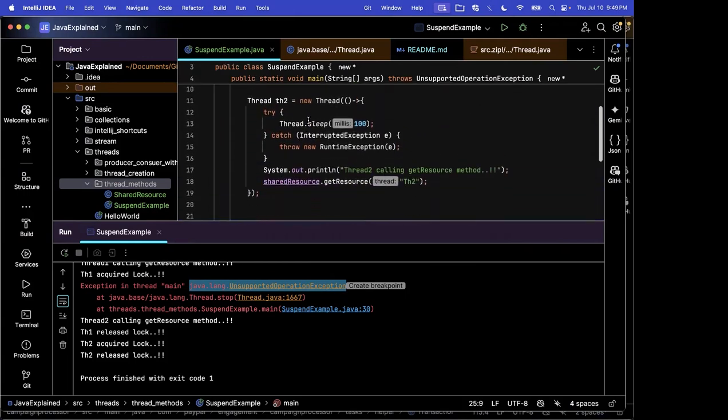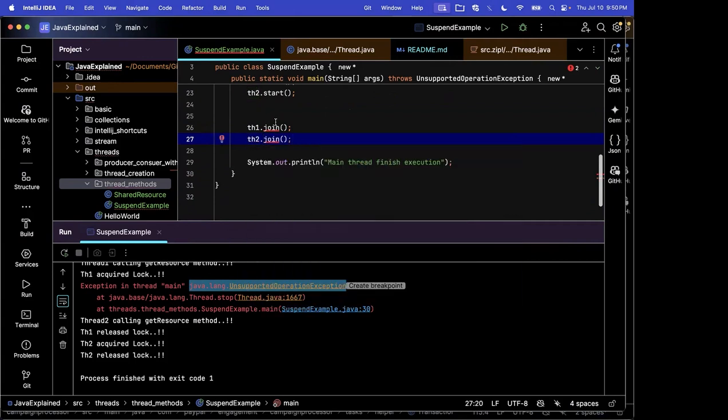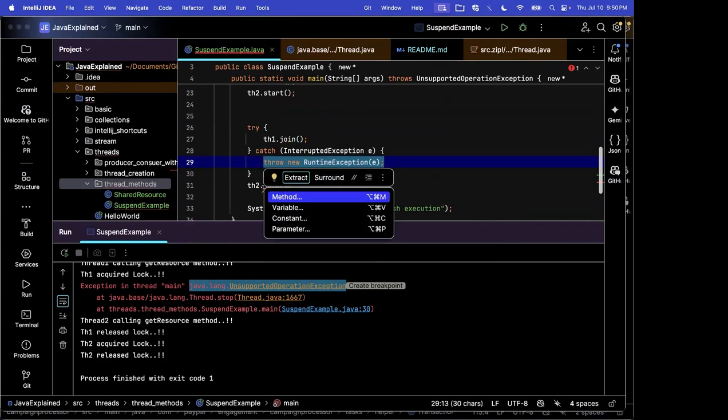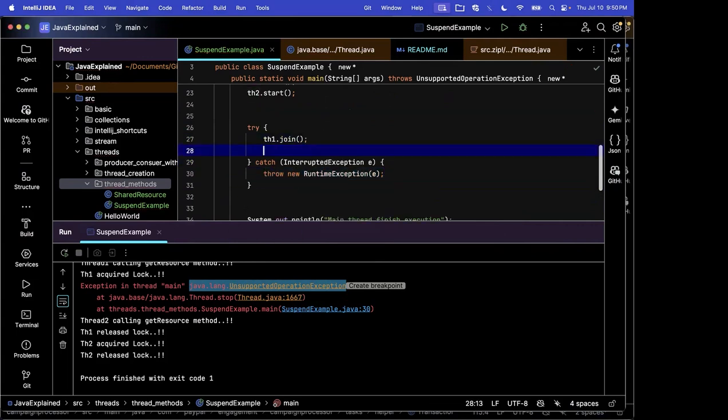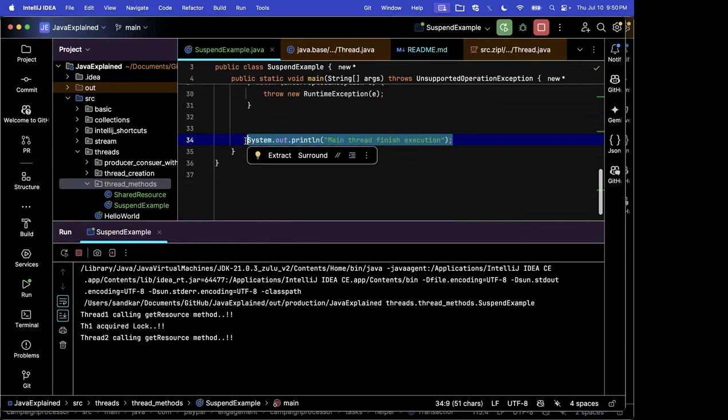So in this case, we have two threads, right? Now, if I call thread1.join, thread2.join, and let me add a try-catch block. Here you can see how it will look if I run this. This statement will get printed at last. Thread 2 acquired the lock, then thread 2 will release the lock, and then this statement will print,